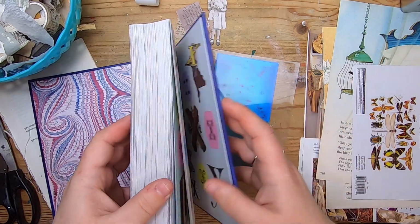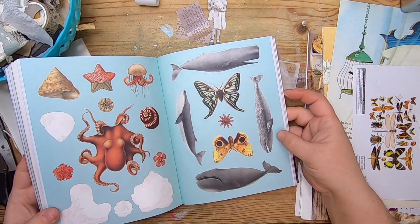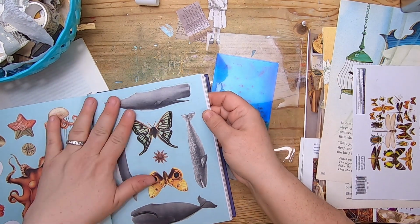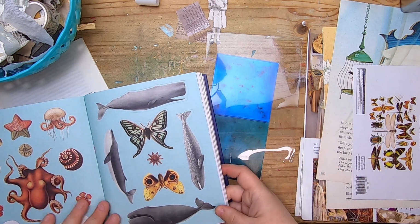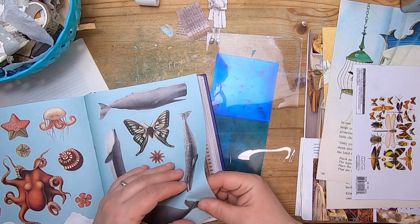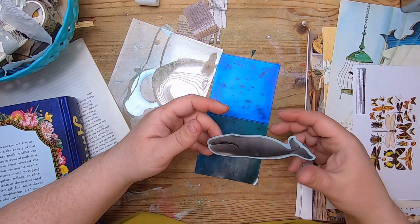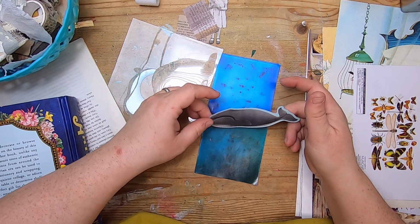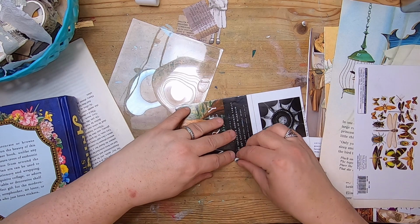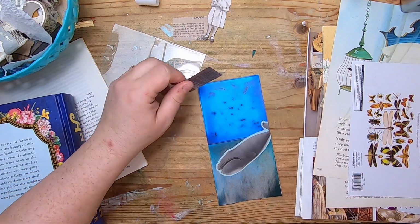There must be fish in here somewhere. Okay, just passed some. These are whales. Maybe we'll use a whale. Octopus, whale. Let's just use a whale. Then,